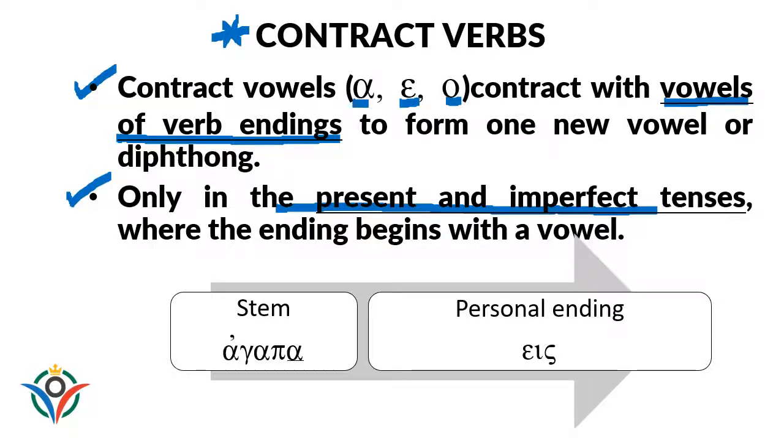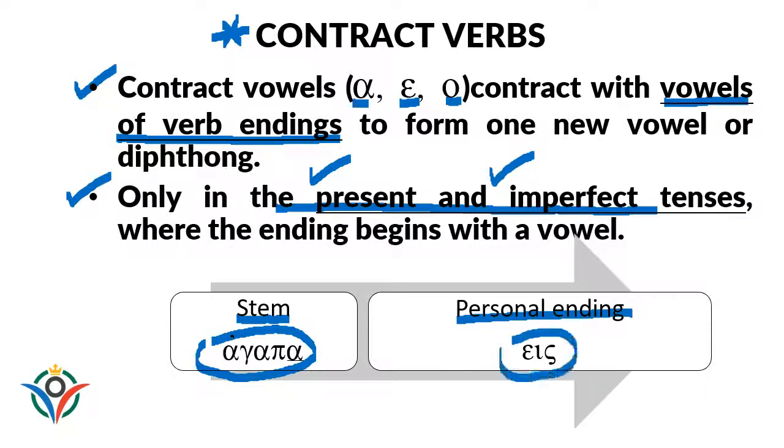So far, we only have to worry about the present tense forms because that's what we've been learning. But when we get to the imperfect tense forms, these same rules will apply. But outside of these tenses, contraction does not occur. And so here's just an example of the stem agapa again, and here's a personal ending,